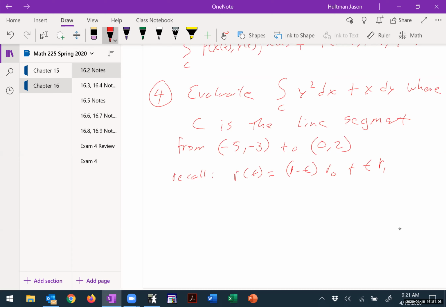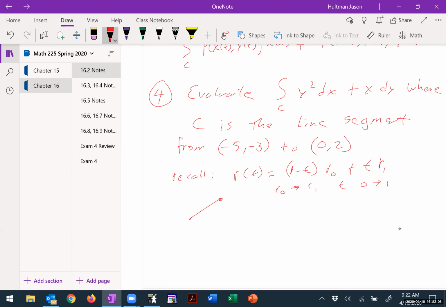So this tells me that I'm going from R naught to R1, R sub 0 to R1, as t goes from 0 to 1. As t goes from 0 to 1, I'm going from R naught to R1. Does that make sense? Because one's going to get canceled out and the other one's going to get canceled out depending upon where I'm at, 0 and 1. It's just saying, hey, I'm on this line segment,